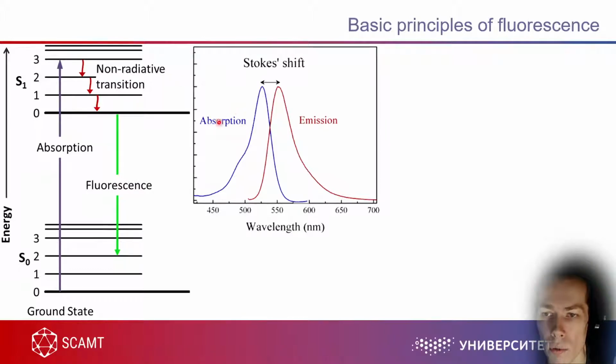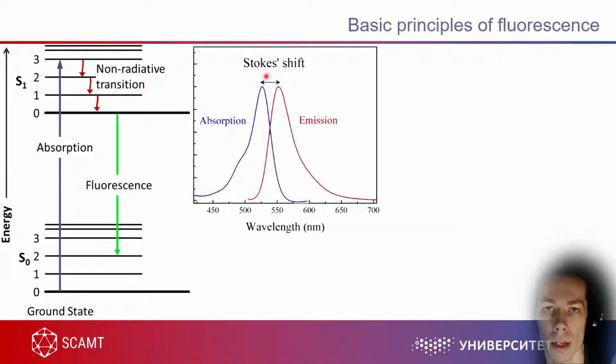For example, if we have absorption of the light, the emitted light will be of longer wavelengths, because the longer the wavelength, the lower the energy of this light, of this photon. Because of non-radiative transition, some of the energy is lost to heating, basically. And so the Stokes shift means that if you illuminate your cells with blue,